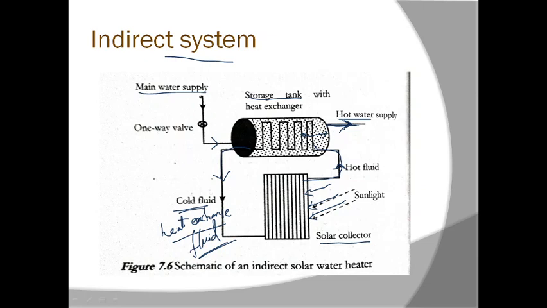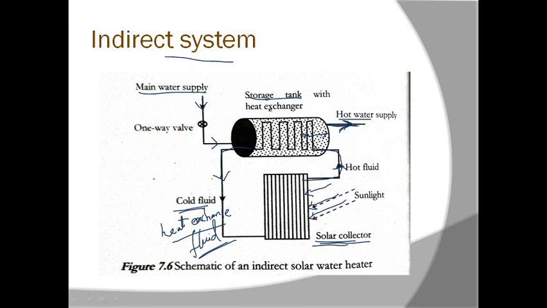The water that we use comes into this tank and gets out of this tank. The heating mechanism is arranged by the solar collector and the heat exchange fluid that is passed through this tank. In the case of a direct system, this heat exchange fluid will not be present. The water will be directly passed through the solar collectors and the solar collector will try to transfer heat into the water. So the water quality may affect the solar collector and affect the setups that we have.